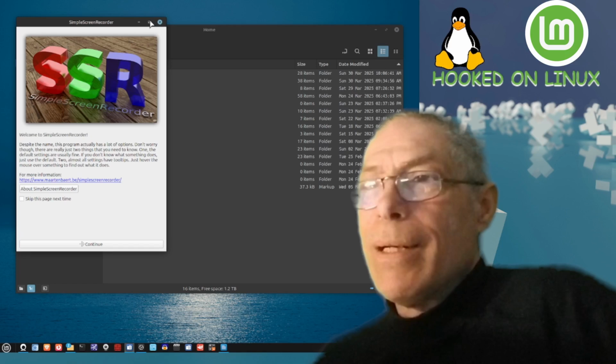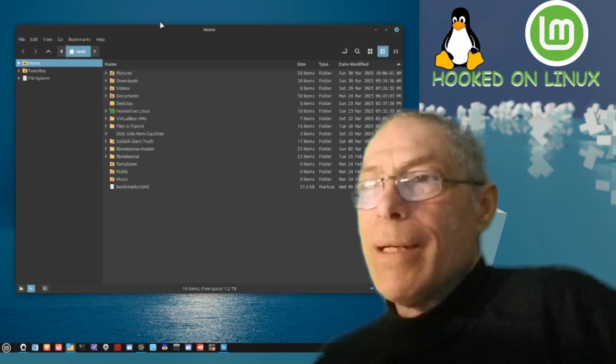So screen recorders have a lot of good use when you're going somewhere online, especially somewhere you're not familiar with, and you want to be able to track where it's taking you. And Simple Screen Recorder does just that. Simple. The setup was easy. I haven't even found a tutorial that could teach you better than figuring it out for yourself. It was easy.